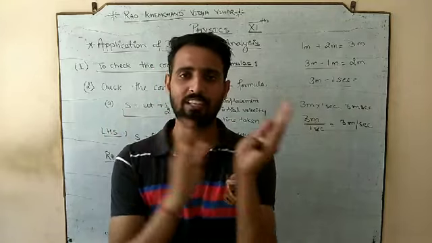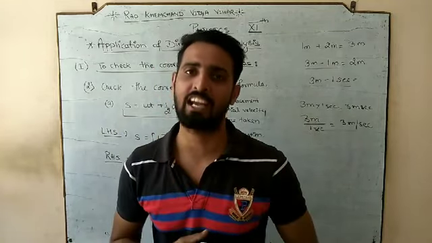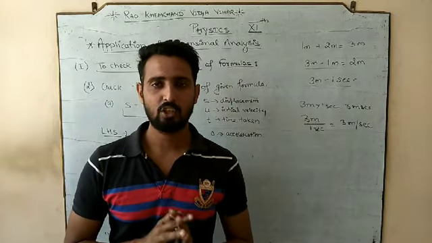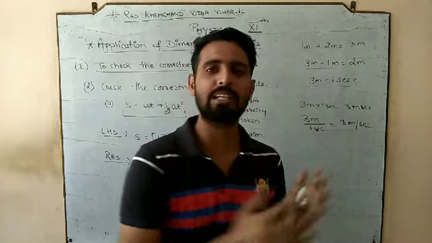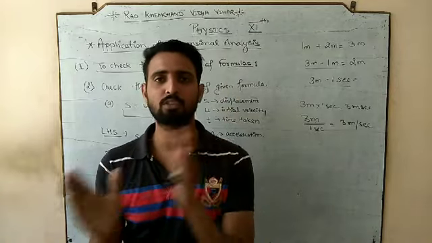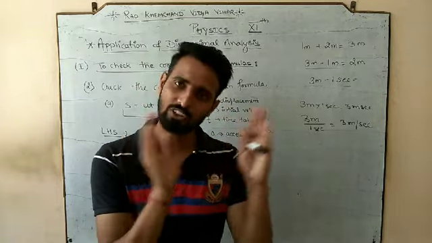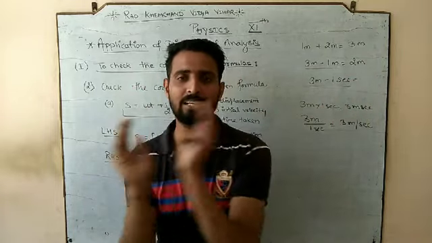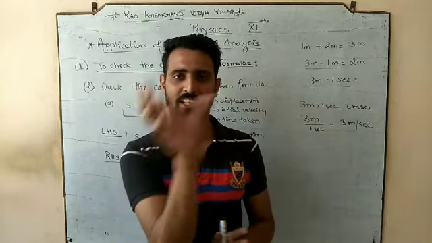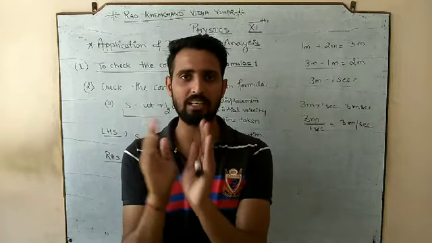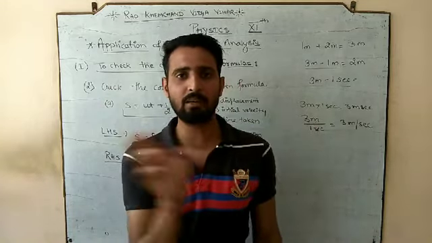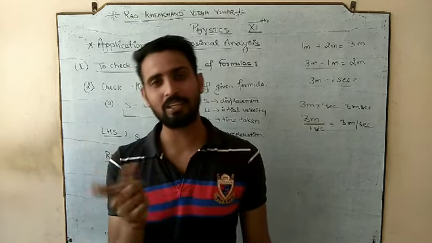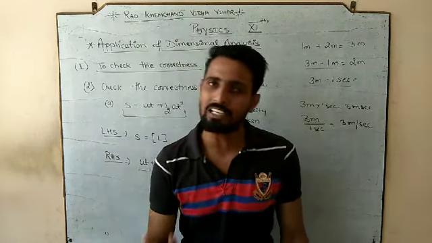If you do 3 plus 2, it is 5, because both are unitless. Both have no unit. You can do 3 meter plus 2 meter, 5 meter, because both have the same unit, which is meter. 3 second plus 2 second, 5 second. But you can't do 3 meter plus 2. 3 has a unit meter, but 2 does not have a unit. So 3 meter plus 2 can't be solved. But 3 meter into 2 can be solved. It becomes 6 meter only.